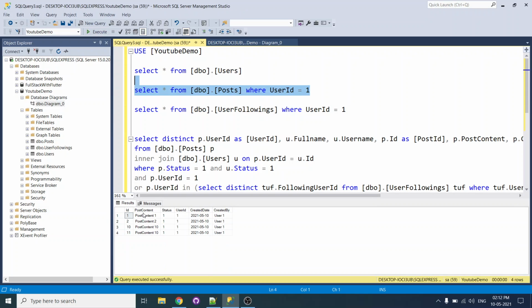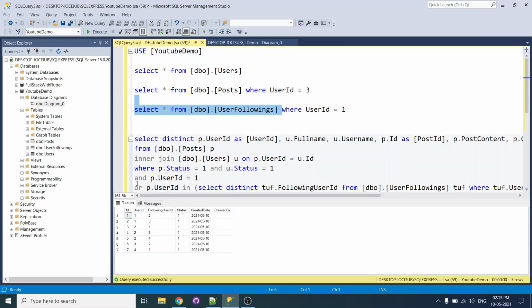User 1 has 4 posts. Okay, and user 2 has 2 posts. User 3 has 3 posts. And then we have the user followings, the number of followers.